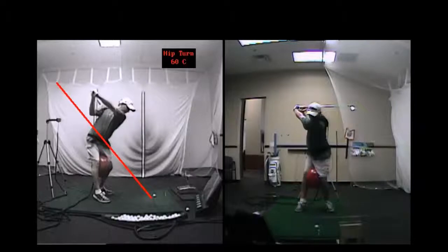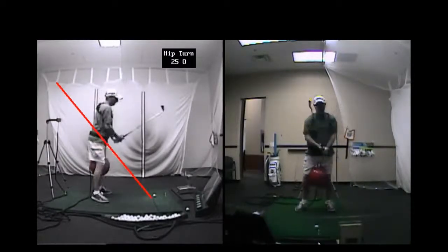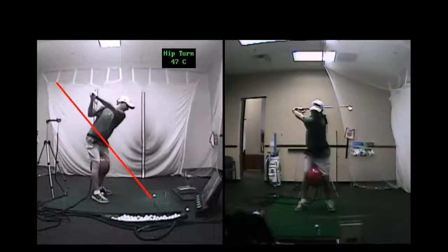So physically make your next move without moving your knees. Let's see what that does to your turn. Yep, do it again. Oh yeah. So here's that one now. There's 47. Hey, you got almost all green numbers instead of a bunch of red, right? Yeah. So if I save that one,